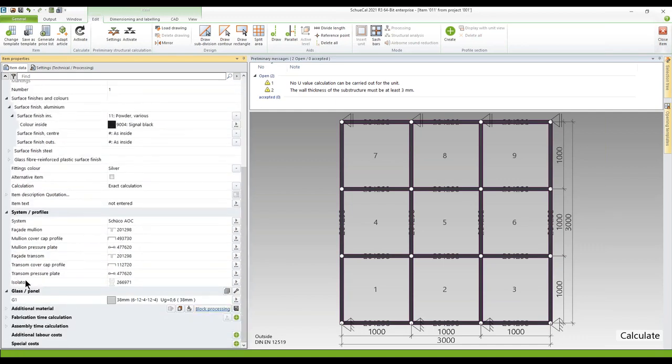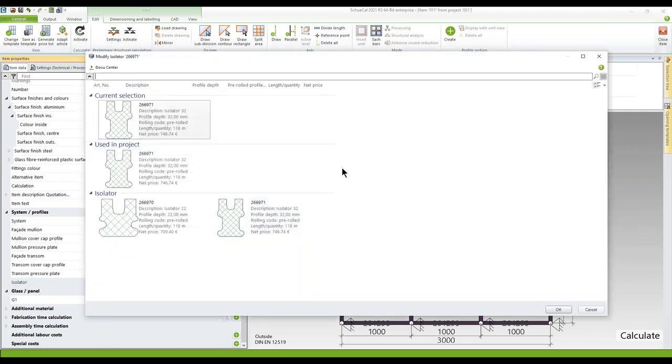Here you get an additional choice of the isolator. And if you go to the submenu here, you have to consider the following. For slope facades, the isolator profiles are automatically calculated according to the infill thickness. But for the vertical facades with SI thermal insulation, we have this now. The isolator profiles are not assigned precise infill thicknesses. So you can select the isolator in the item data tab. And I've selected the